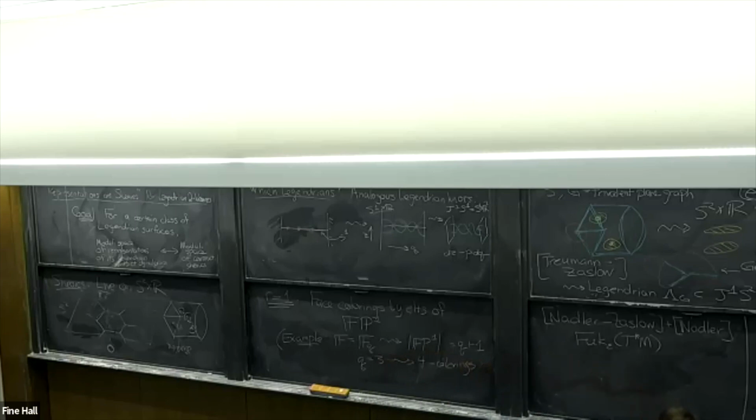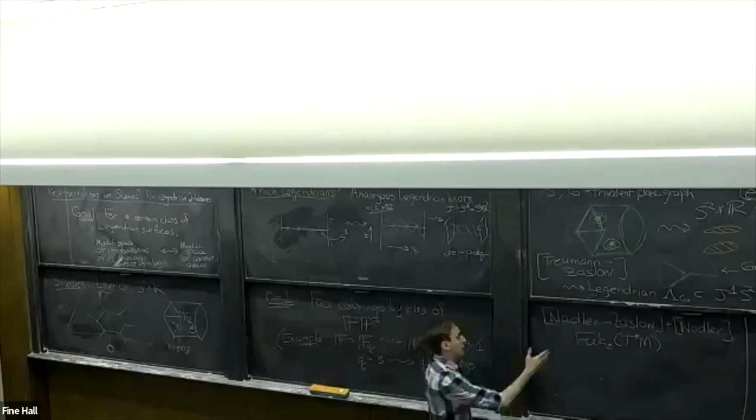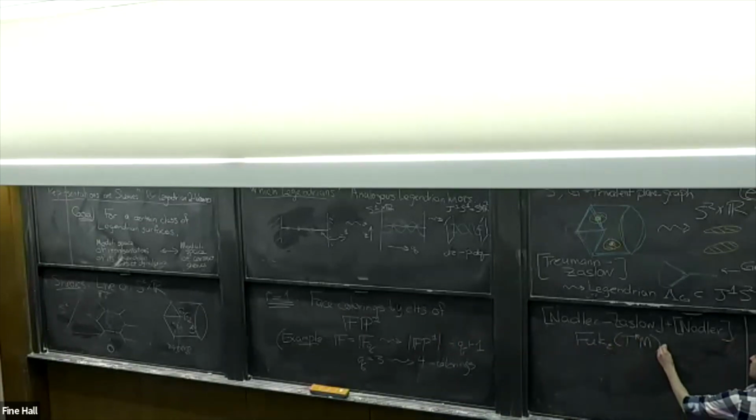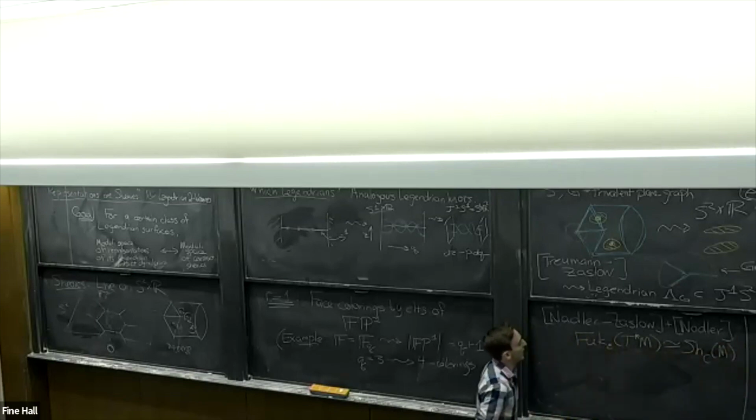So the story really starts with this work of Nadler and Zaslow, which says that there's a quasi-equivalence between the infinitesimally wrapped Fukaya category on the cotangent bundle with some moduli space of constructible sheaves on M. And in particular, if I have some kind of Legendrian, at least in the boundary of T star of M,